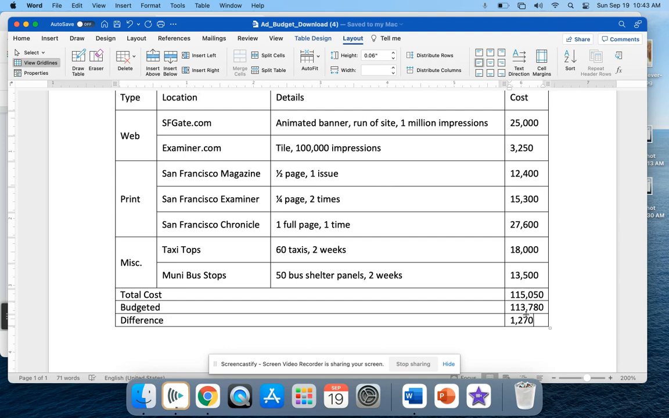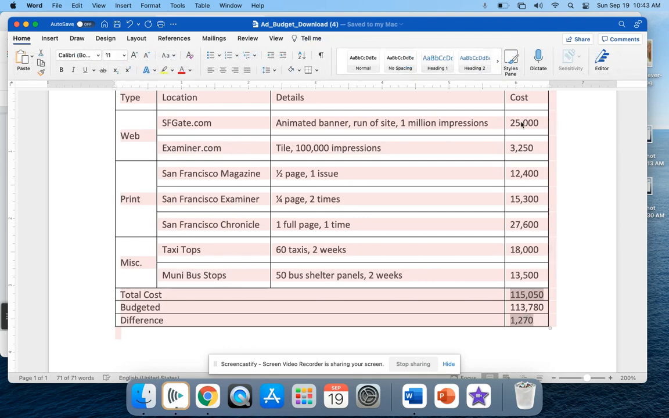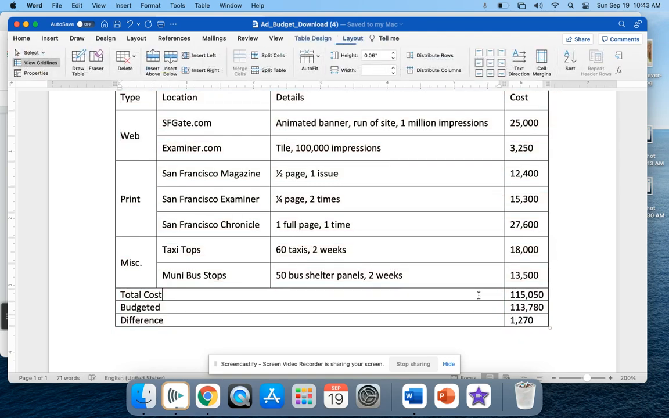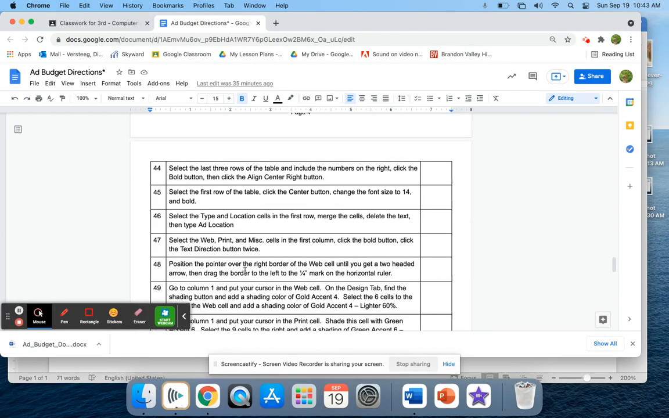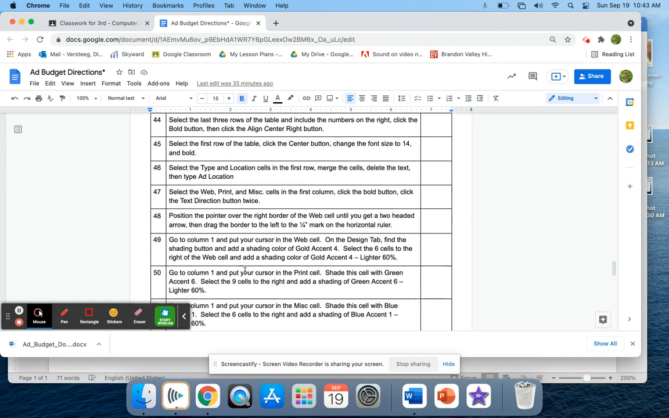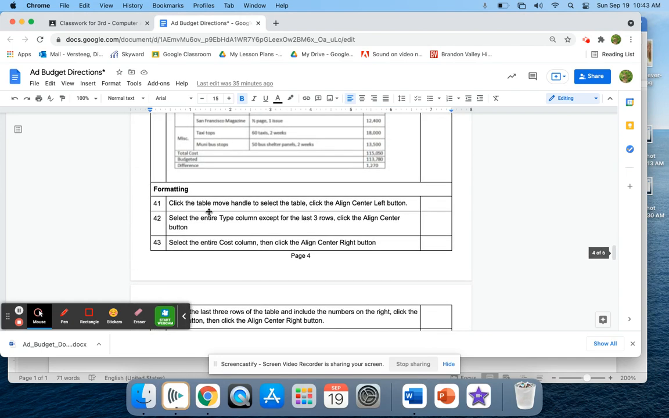1,270 in that cell. Now, if you do Command A, all of these numbers were typed, and these two numbers are formulas, and this one is typed. That's what you should have. All right, we're moving on. You can go back if you need to and check your document, but we are moving on to step 41,